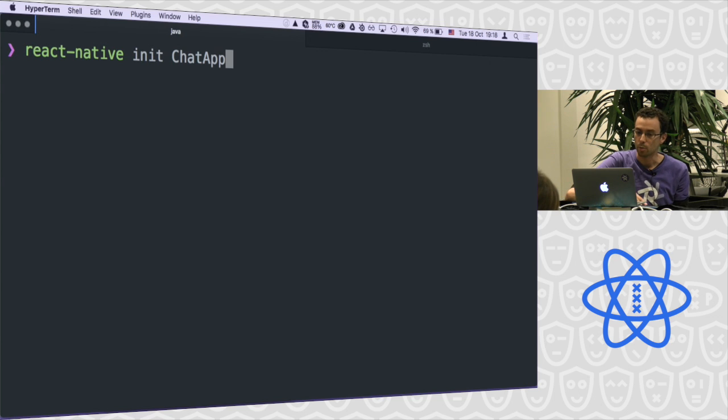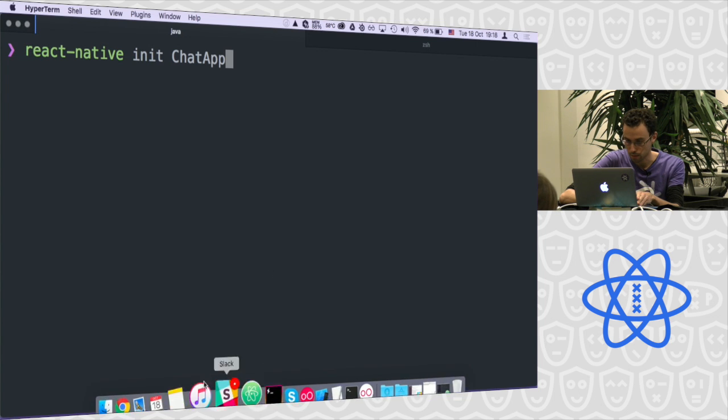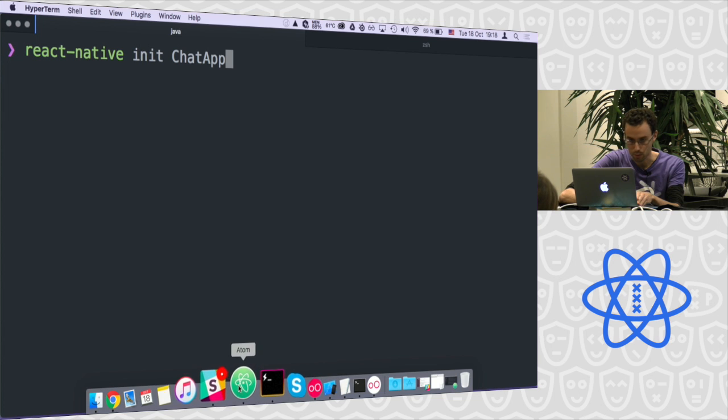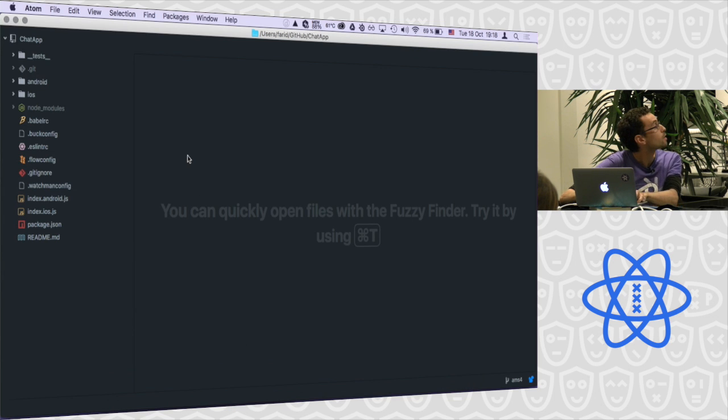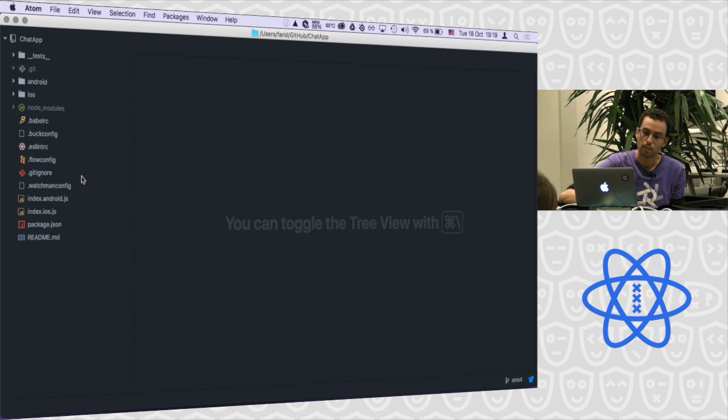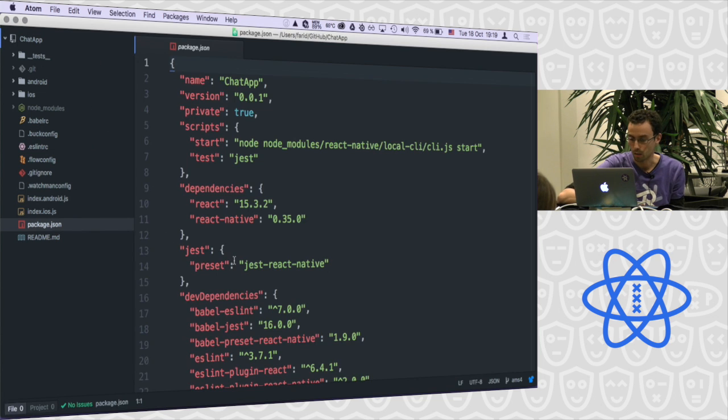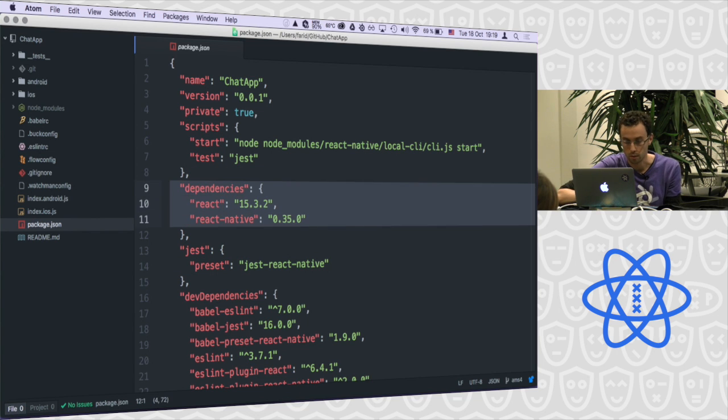So if you do this command, it will generate for you a boilerplate of a basic application. Let's see this application. It will generate some files like this. First, it's an NPM based project, so you have a package.json. Inside, you will have the dependencies of the project. For example, by default, it will be React and React Native. And you have also